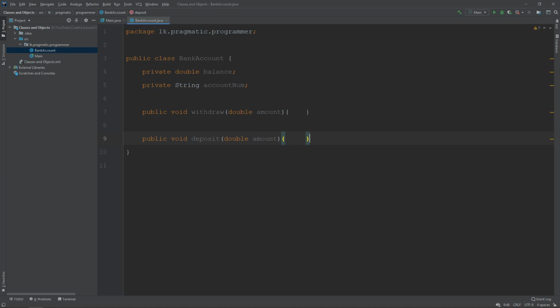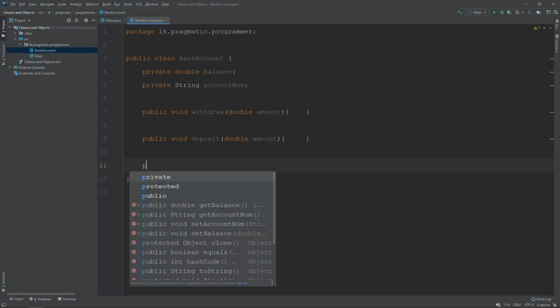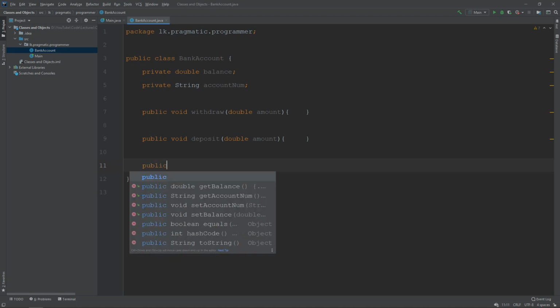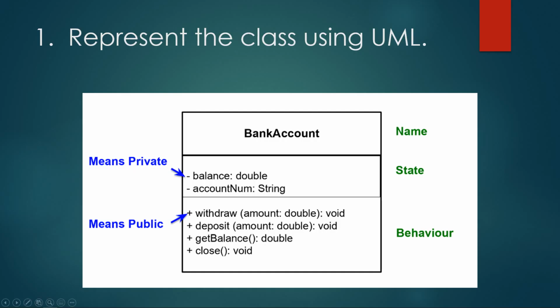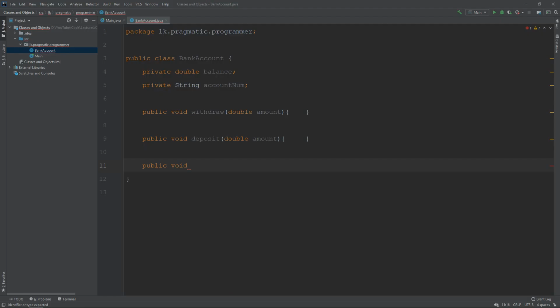Okay, let's move on to the next method. Public double getBalance. This returns a double.